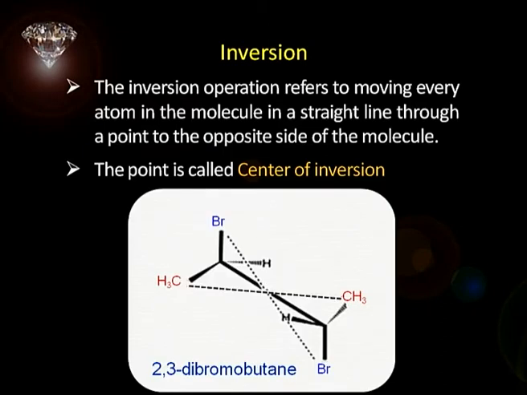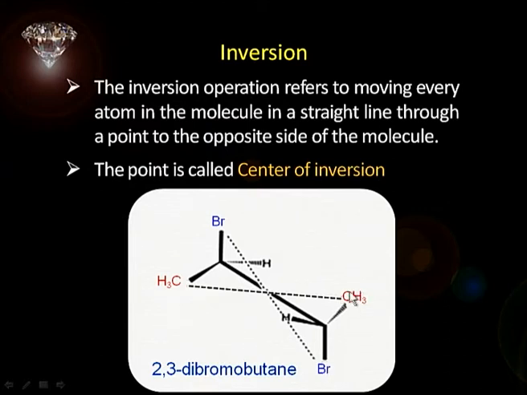Let us understand with the help of a simple molecule here, 2,3-dibromobutane. What it means is the following: if you look at the molecule as shown in this particular configuration, and I take this bromine and move like this, it is an imaginary movement, not physically moving the molecule. We just imagine that I start from here and move to a point here and then continue further down. That means if I travel a distance to this point and then continue the same distance in the opposite direction, I come across the same atom.